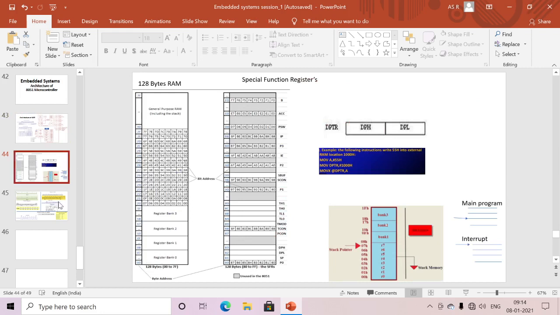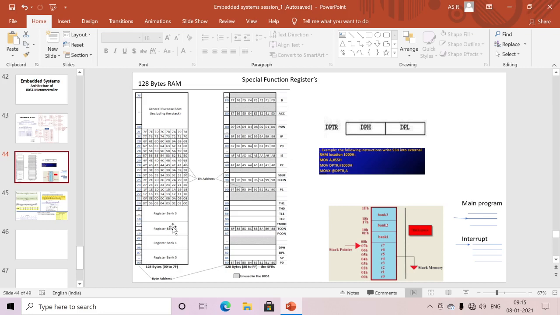Okay, why are we using these register banks? For example, if I want to access this memory, accessing using the registers is very fast. That's why this is a very useful memory. If I want to access the data from the 00 location, I can use register R0 directly. From R0 I can access it directly. Here each register bank contains R0 to R7.